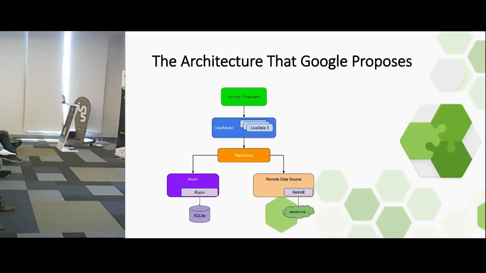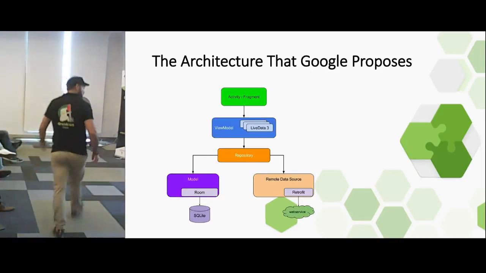On the local DB side, we use Room to persist our data. As I said before, Room just maps our entity fields to local database fields. And it makes persistence in Android super easy. On the other side, we use Retrofit to connect to a remote data source. And Retrofit is maybe the most famous.